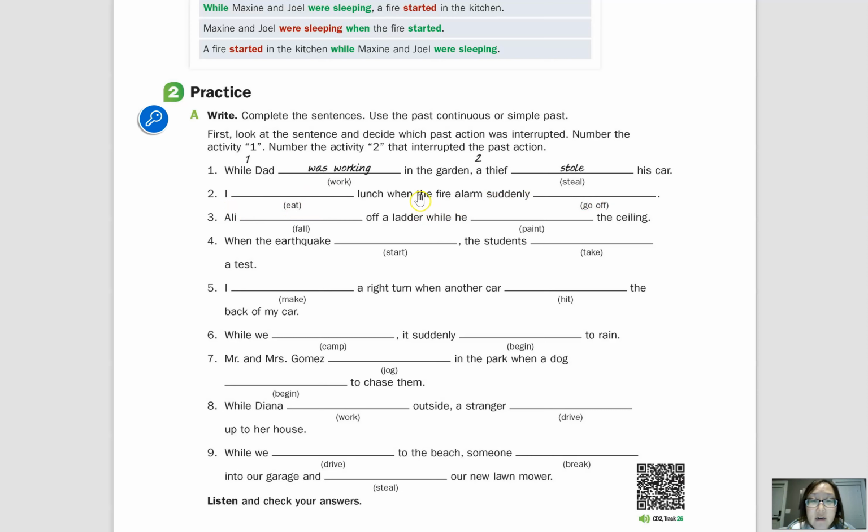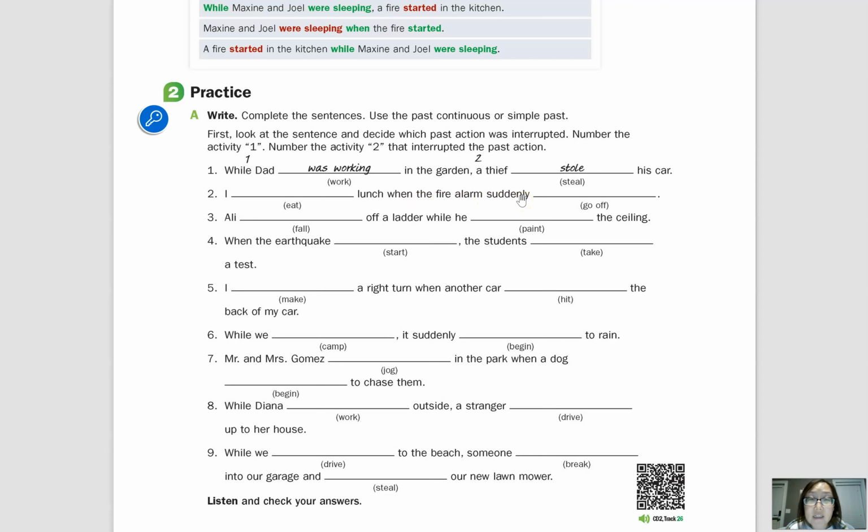So as you can see here, we use when with the past tense or one-time activity, not the ongoing activity. So again, we use while with the continuous activity, and we use when with the sudden or one-time or just